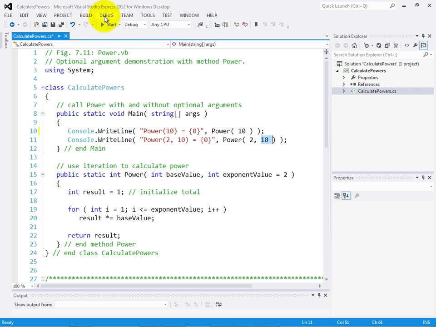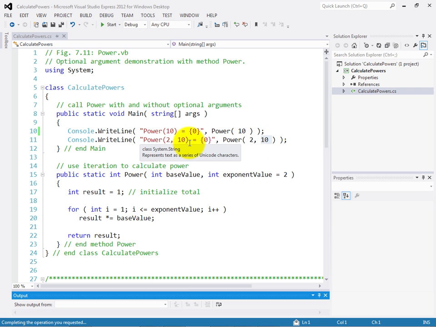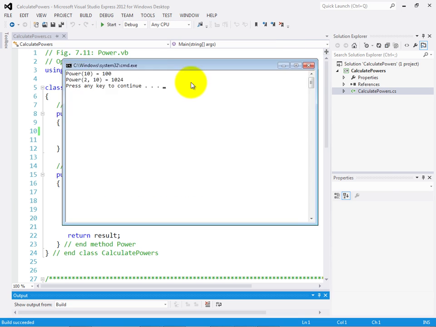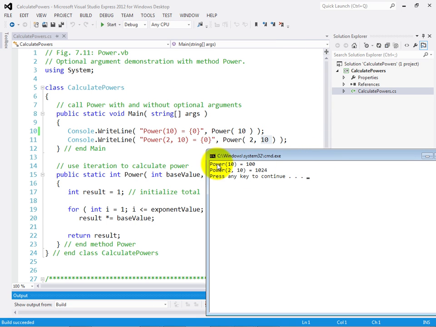So if I go ahead and run this program, you can see here that the first call with just the value 10 as an argument produced the value 100, so we clearly squared the value 10 to produce 100. And in the second case, it used the values we supplied to calculate 2 to the 10th power